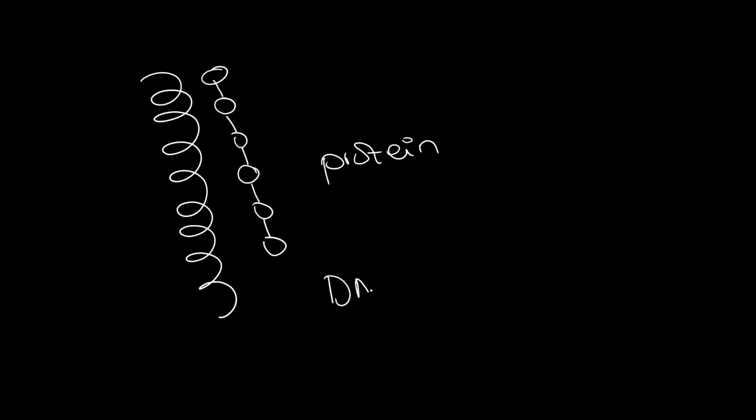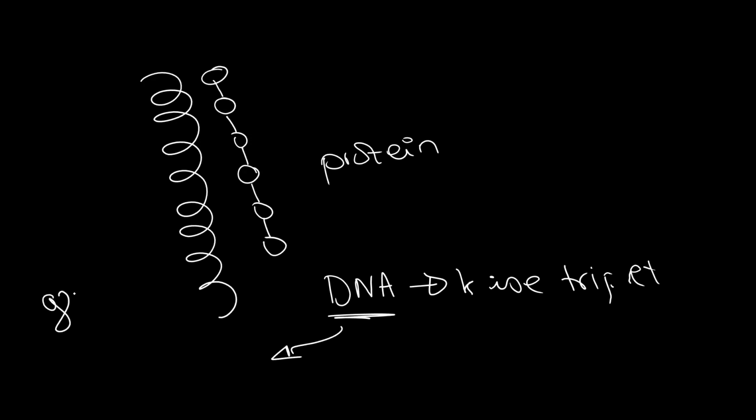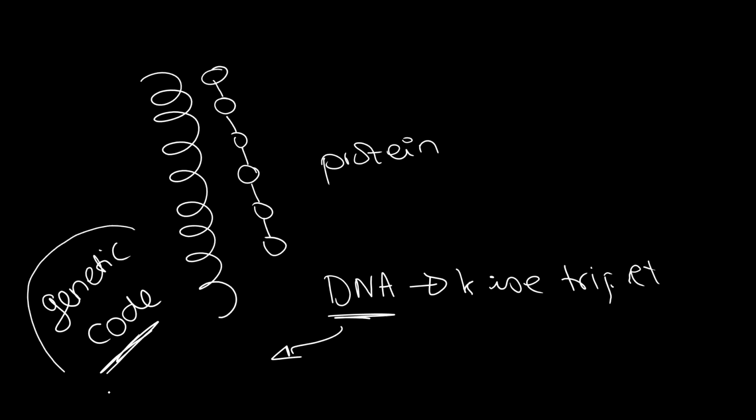The DNA contains the base triplet, or the DNA contains the genetic code. A lot of you are confused and you tell me that the DNA contains proteins. No, the DNA does not contain protein. The DNA contains the what? The genetic code. What is the genetic code? The DNA contains the order of bases, the correct order of bases that will be translated into proteins in the